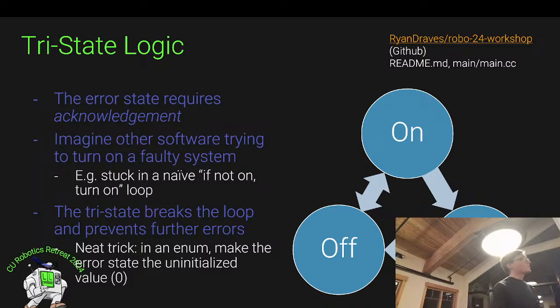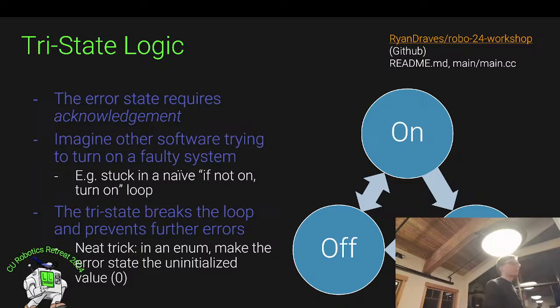So you can imagine some higher level software system, say your central compute on a robot or a satellite, might be stuck in some sort of naive loop, right? I want to turn the system on. If I read that it's not on, go ahead and turn it on. If I'm failing to do a power on sequence, something might be wrong at the hardware level. This could be very bad and even damaging if you try it again, right? So the idea of going into an error state and saying you have to turn it off breaks that loop. It takes that naive loop of if it's off, turn it on, and it says I'm going to reject all these requests to turn it on until someone, probably a human, acknowledges the error.